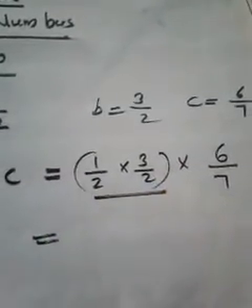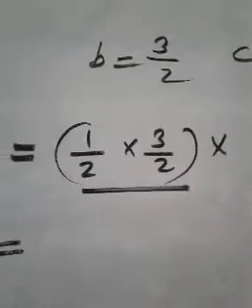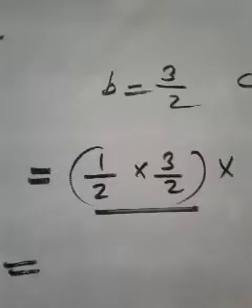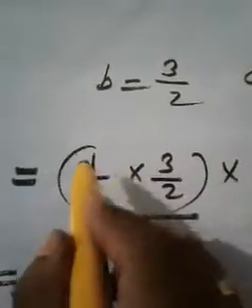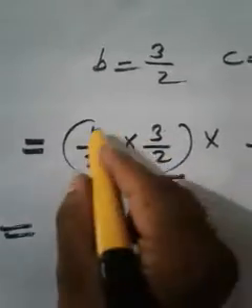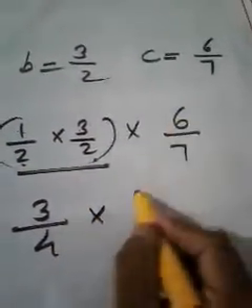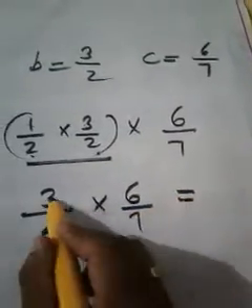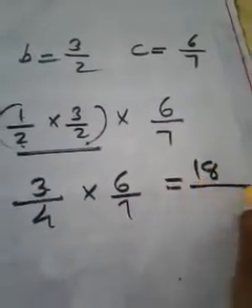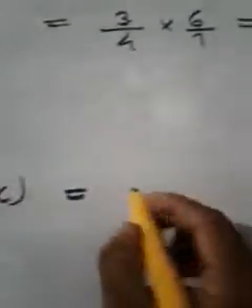Then consider the things in the bracket. It is not addition or subtraction, so no need of cross multiplication and all. It is just pure multiplication. So multiply the numerator, multiply the denominator. That was the rule we used, isn't it? So 1 into 3 is 3, 2 into 2 is 4, then into 6 by 7 is remaining. See, what is 3 into 6? 18. And what is 4 into 7? 28. Finished.